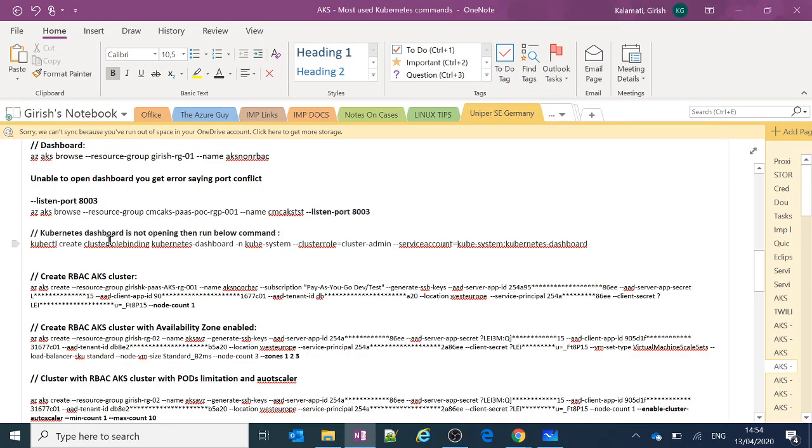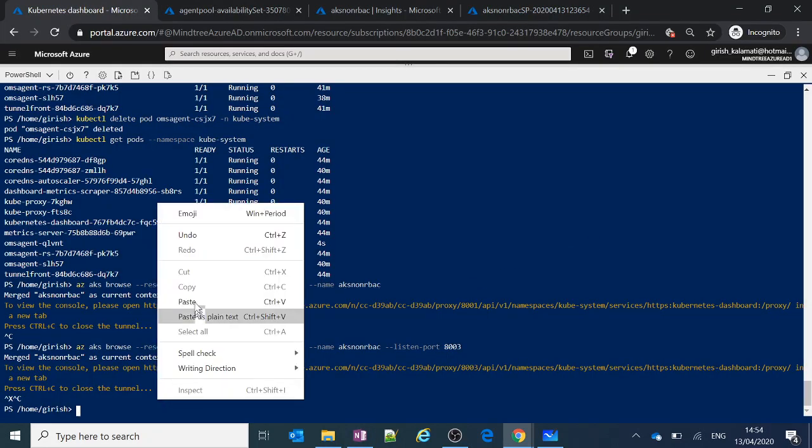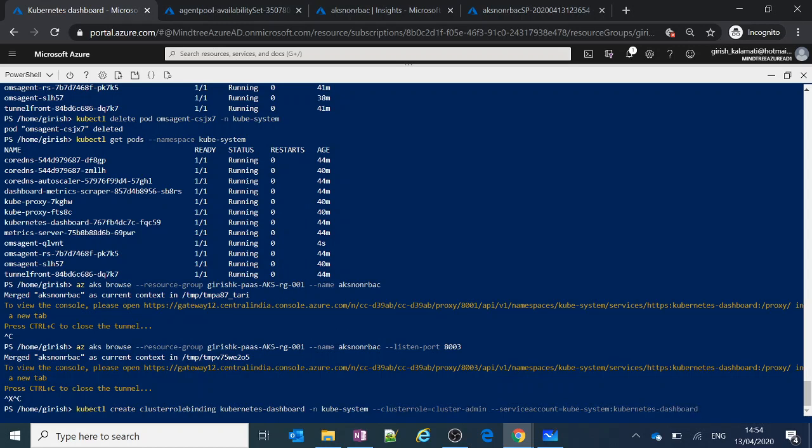And the other thing is the Kubernetes dashboard is not opening. Another issue you see specifically with Kubernetes is that sometimes when you're using an RBAC cluster, you may not be able to open the dashboard. In that case, if you want to open the dashboard, you actually need to create a cluster role binding. So the role binding is